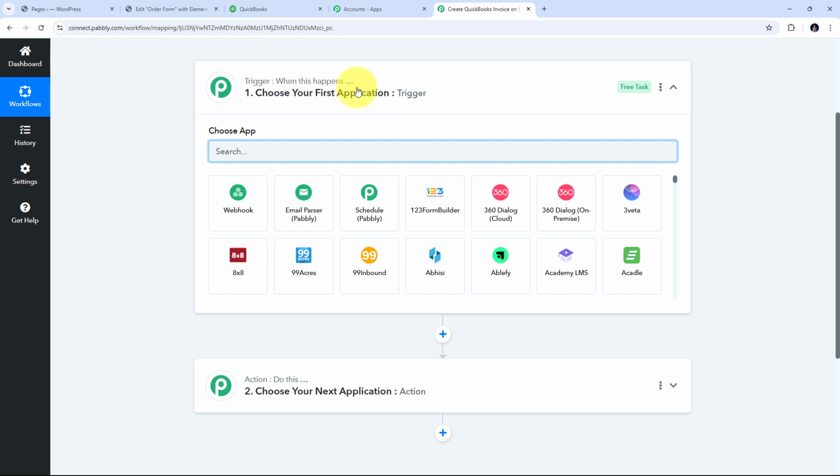And trigger says when this happens, action says do this. So trigger is going to be the first step that will get executed in our workflow, and action is just going to follow that. So here in my workflow, I can only set up a single trigger step and multiple action steps. So here I need to first set up my trigger, and